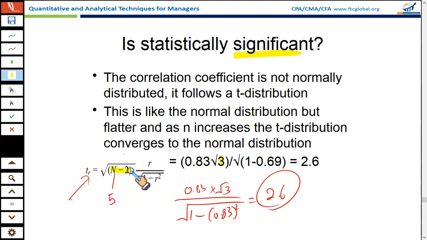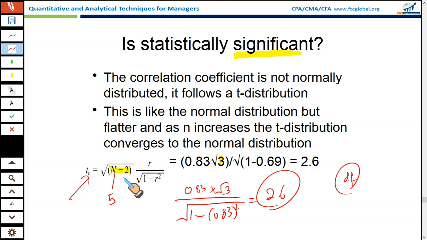This n minus 2 here is called the degree of freedom. For a correlation test, the degree of freedom, also called DF, you will find this term DF in the tables we'll shortly see. Degrees of freedom are typically calculated as n minus 2, where n is the number of data pairs, right? Next point, we need to